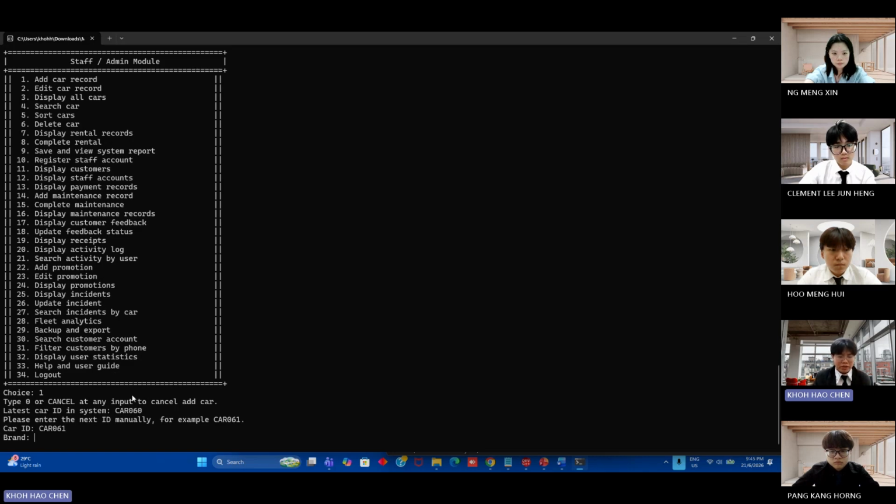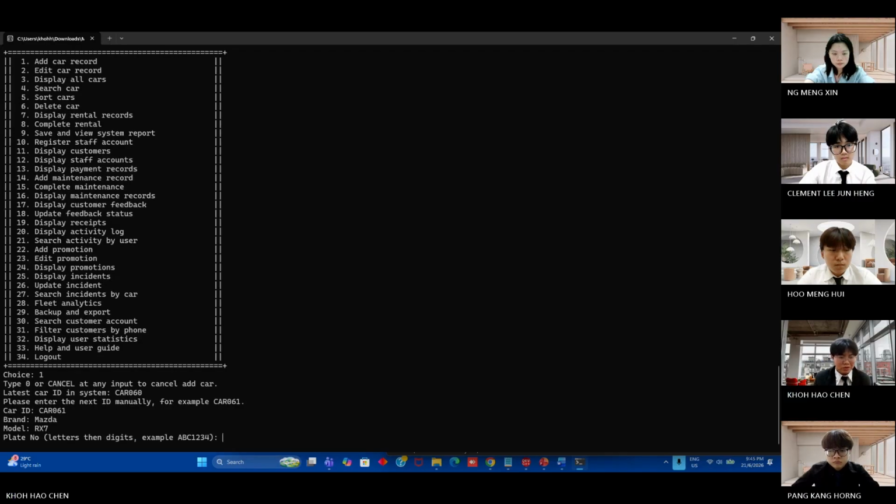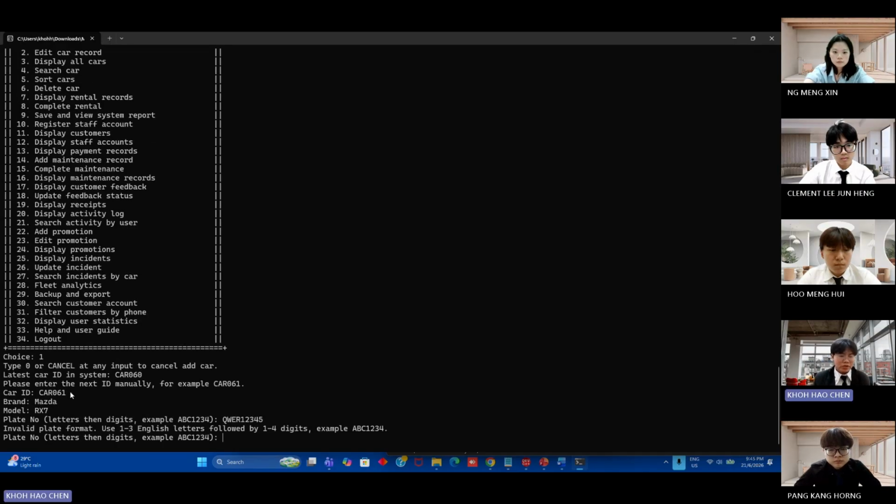Then I enter the brand and model. For the plate number, normally it is 3 letters and 4 digits. So we will try four letters and 5 digits first, and it will show an invalid plate format error.